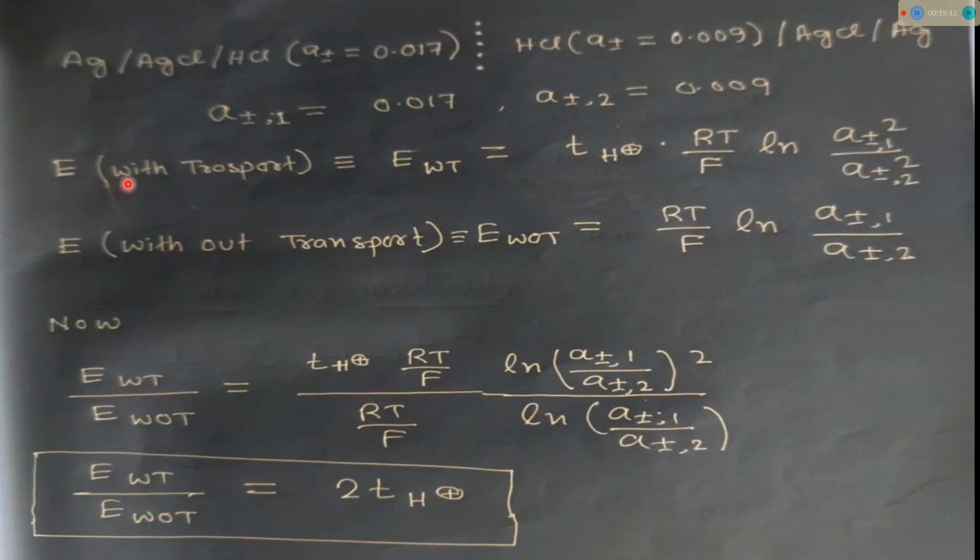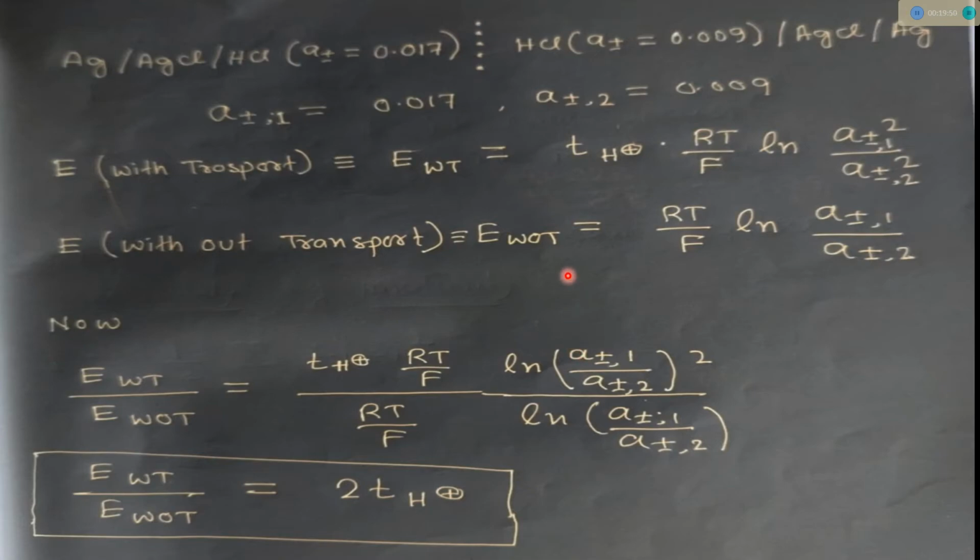E cell, the EMF with transport: keep in mind, a square term is always there. We will see the detailed discussion later in a separate video. And E without transport, no square term will be there. The activity term is squared with transport, and without transport no square term is there in the activity term, and in this case T_H+ is there, here nothing is there. Obviously we will see later the whole detailed calculations to obtain this kind of